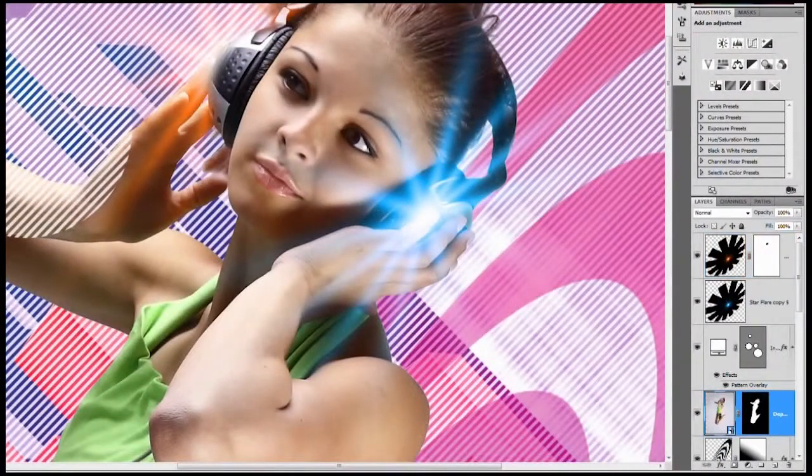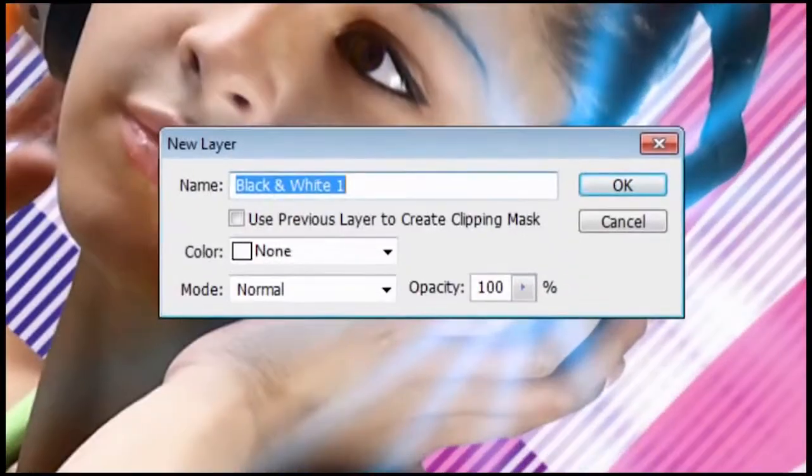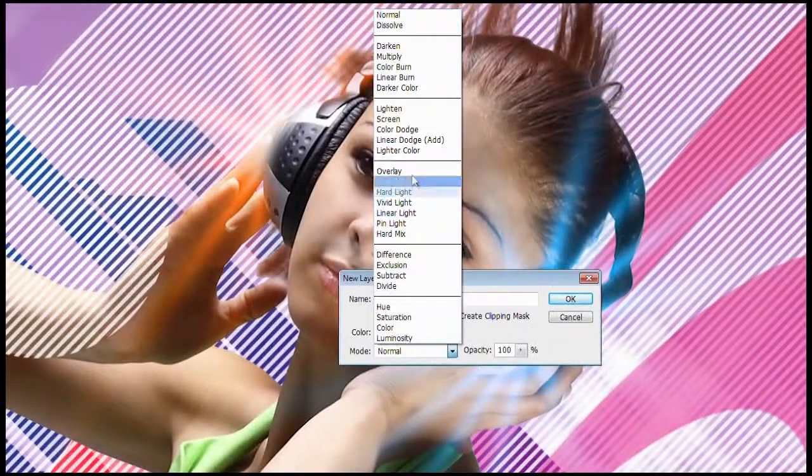To complete the image, we're going to add a photo effect to the girl. Select the layer with the girl, then go to Layer, New Adjustment Layer, Black and White. Checkmark the Use Previous Layer to create clipping mask option, set the blending mode to Overlay, and then click OK. If you don't see this window, make sure you added the adjustment layer through the menu and not from the